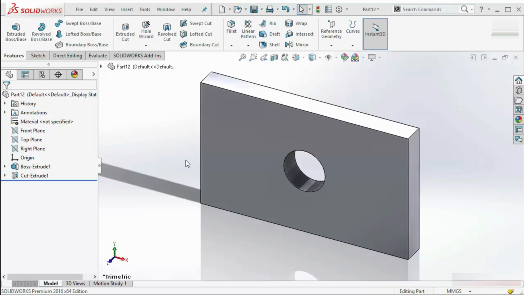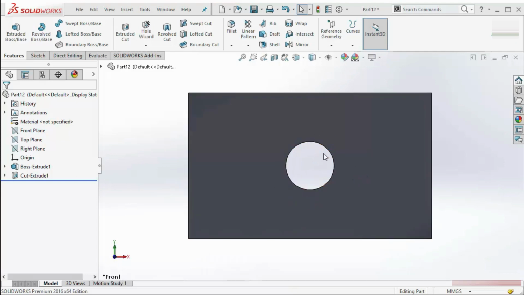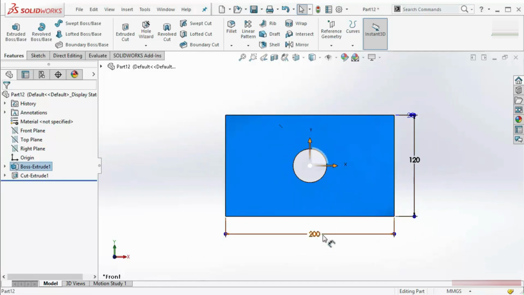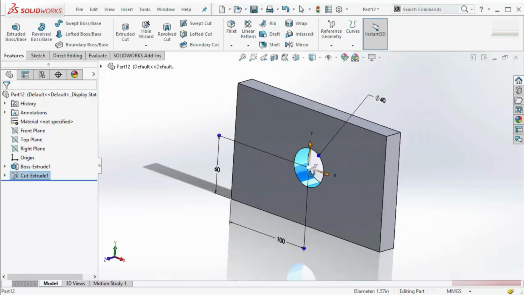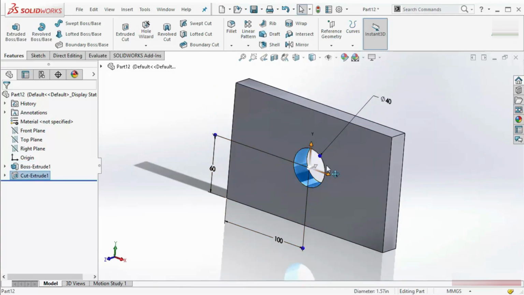In this lesson, I will discuss what is design intent. Let's say this is a simple plate and there is one hole inside it, and I want to put this hole at the middle. This looks like this is at the middle. If I see this is 200 and this is 120 and this hole position is 160, that means this is